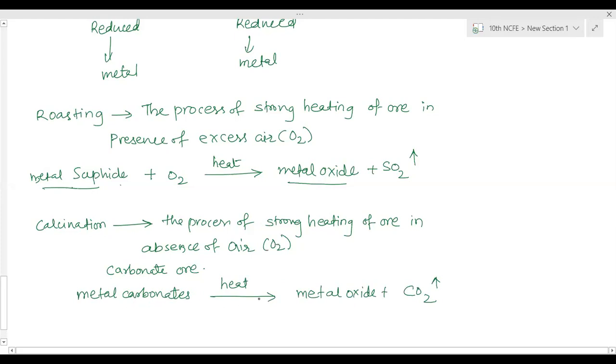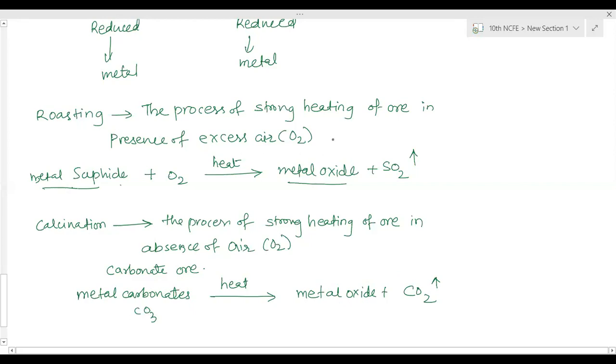So metal carbonate, whenever heated strongly, gets converted into metal oxide and carbon dioxide is released. It is a carbonate because CO3 is already present. One atom of oxygen combines with the metal and the remaining oxygen stays with carbon, separated and moves out of the container. So we are left with only the metal oxide. This way metal carbonates are converted to metal oxides by the process of calcination.